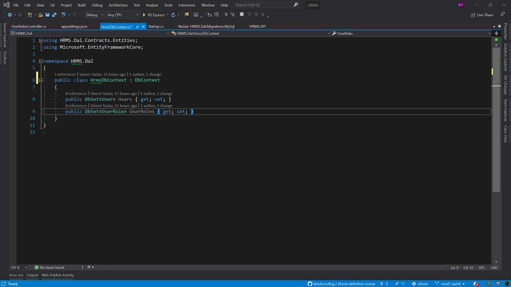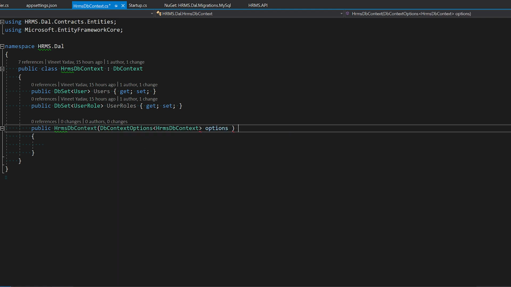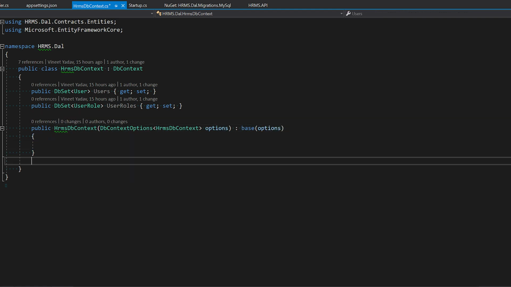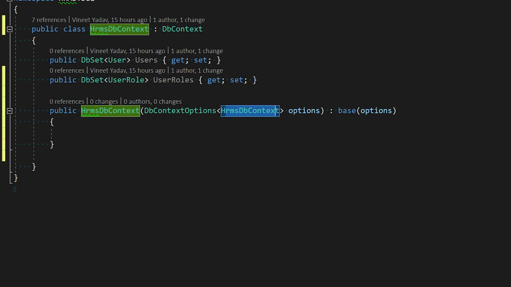And the first thing that we need to do is to have a constructor over here that will accept a parameter of DB context options. And what it does is basically it will pipeline the complete configuration of the database options, including the connection strings and everything. It will put up that and get us ready for it. Let's just quickly do that. All right. This is what we have to do for the constructor. We accept our DbContextOptions of type HRMSDbContext, and basically we just chain the constructor to the base constructor.